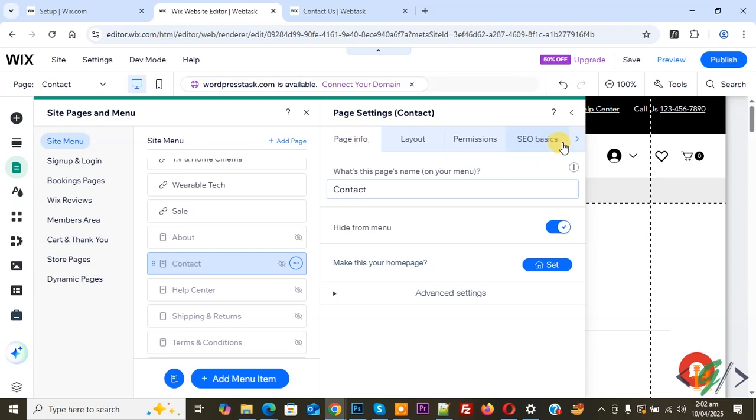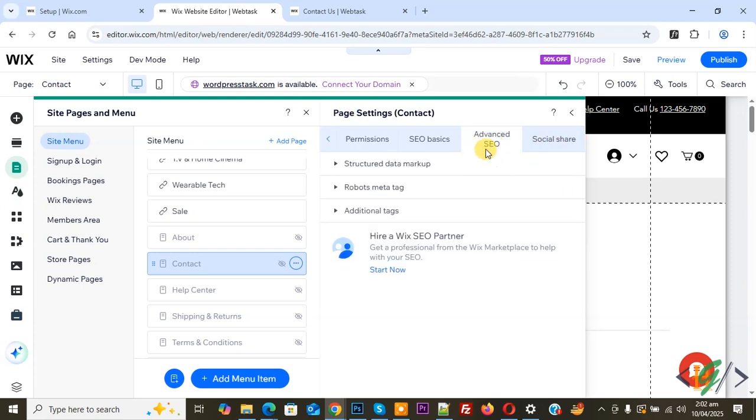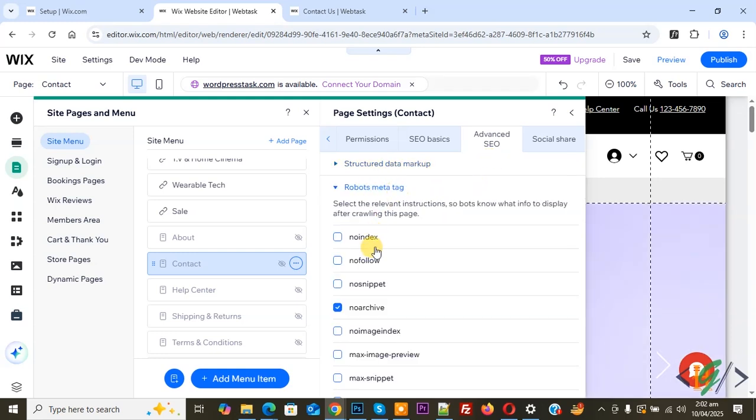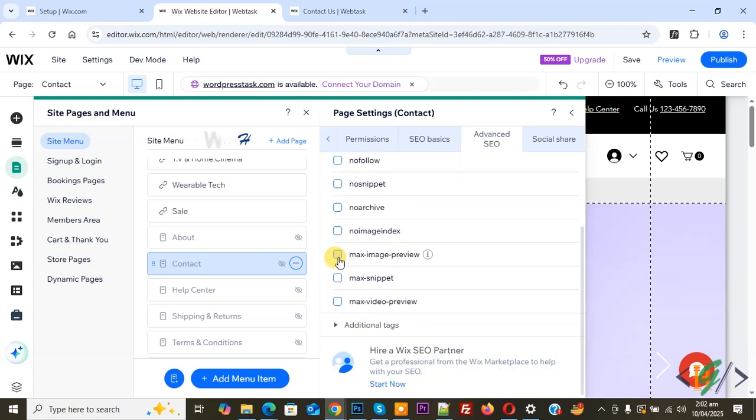So we are in Page Settings, and then you see multiple options. Now click on Advanced SEO. So we are in Advanced SEO, and then you see Reports Meta Tags, so click on it. Now you see multiple options, and then you see Maximum Image Preview. When we hover on it, you see: choose the maximum size of the preview image for this page,